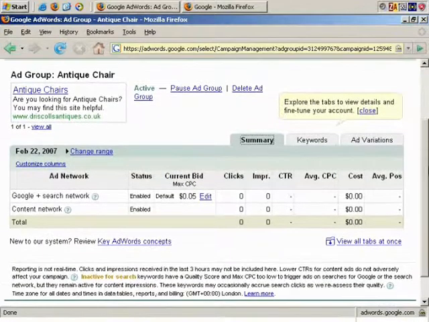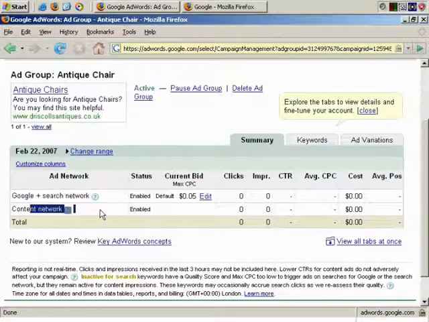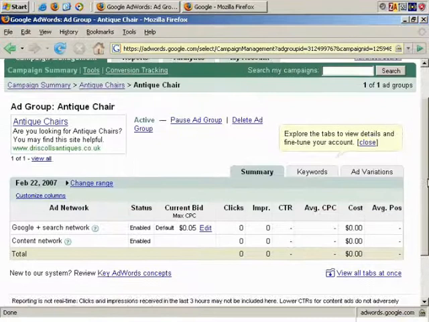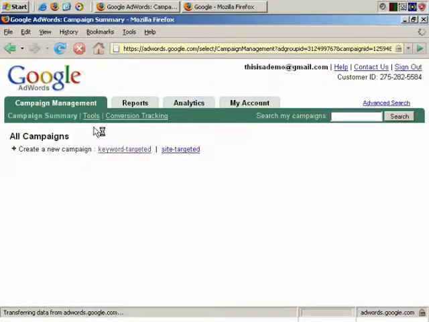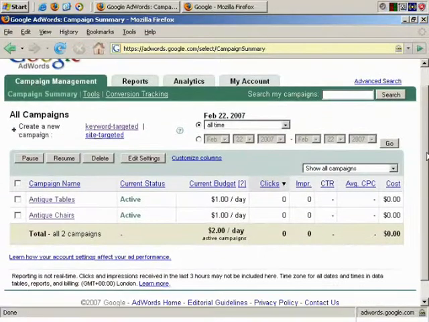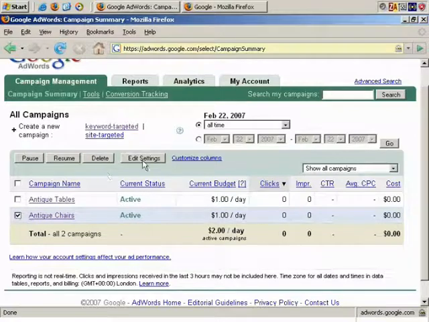Something important we need to change is the ad network. It's showing Google Search Network and Content Network. I'll discuss these in detail at a later time, but we don't want those settings for right now, so we need to change them. Let's go back to the campaign summary. And let's make this change just for antique chairs at the moment. Click, then Edit Settings,